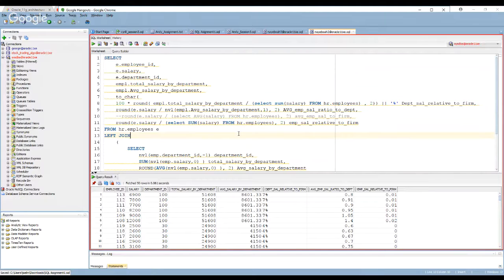Because if we all work in sales and the average person in sales makes much more, I'm upset: why am I making such a low amount? That was a question about comparing an individual's salary to the average salary within their department.